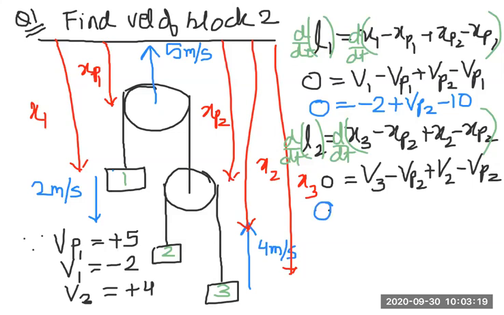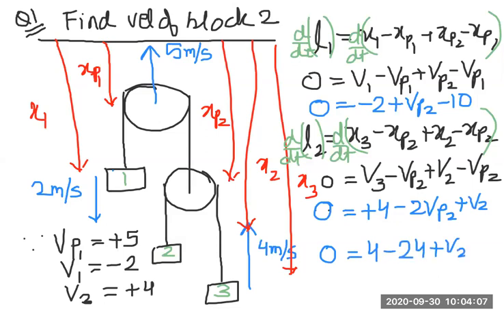और इस वाले में क्या मिलेगा? 0 is equal to v3, which is plus 4, minus 2 VP2 plus V2, right? तो मेरे को क्या निकालना है, VP2 की वैल्यू कितनी आई, 12। 0 is equal to 4 minus 24 plus V2. V2 is equal to 20 meters per second. प्लस माइनस अपने आप आ जाएगा, प्लस मतलब कि ये 20 मीटर पर सेकंड से ऊपर जा रहा है।